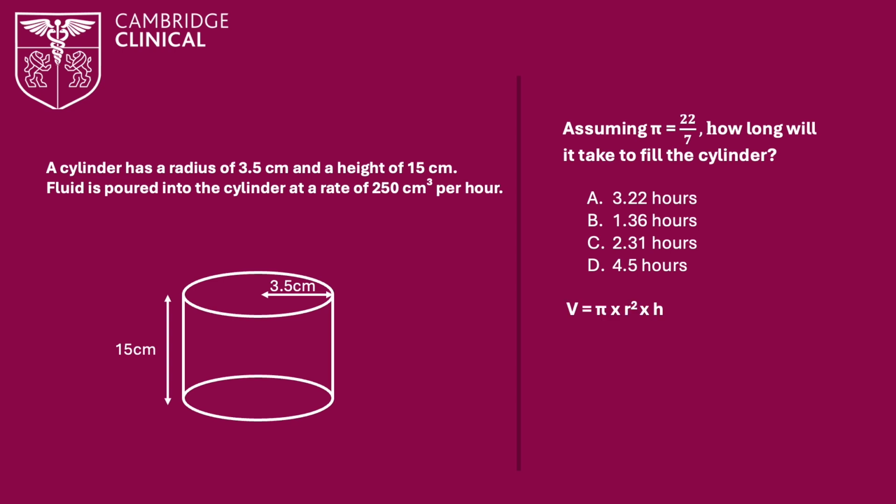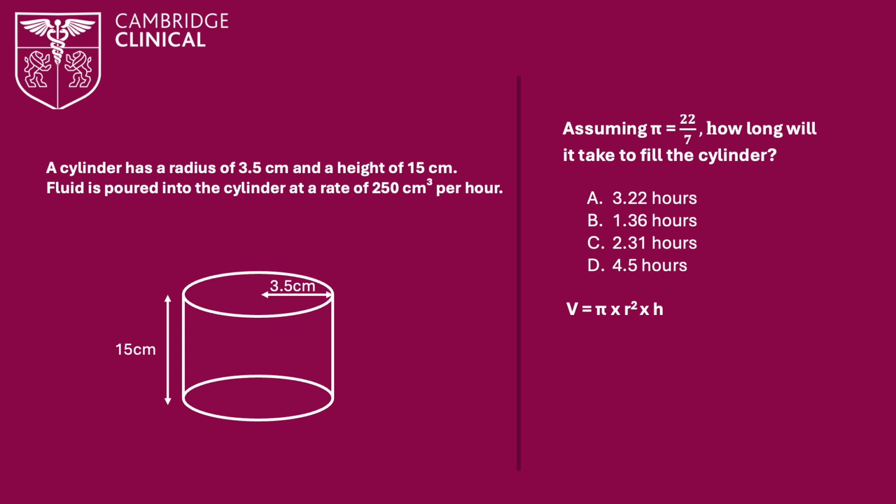Alright, let's solve this step by step. We've been given a cylinder with radius 3.5 centimeters and a height of 15 centimeters. Fluid is being poured in at a rate of 250 cubic centimeters per hour, and we're told to use pi as 22 over 7. The first thing we need to do is to work out the total volume of the